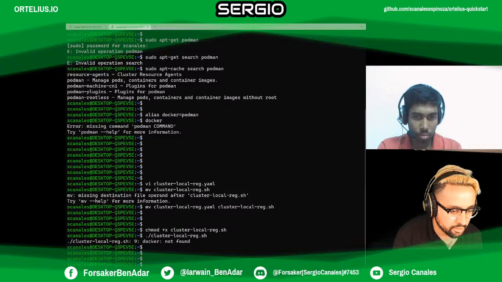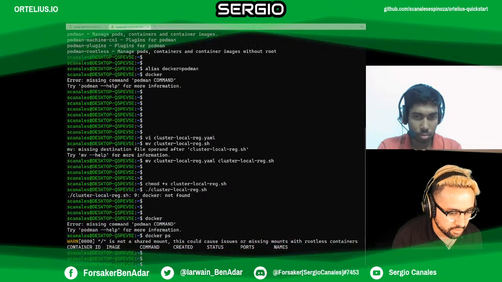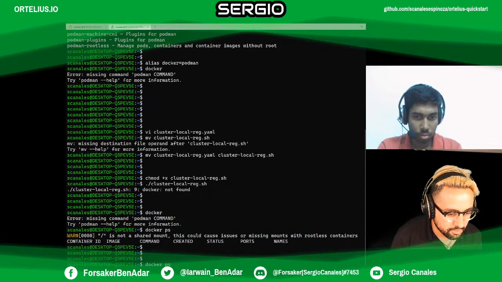Why does it say it's not docker? I have my alias. I think it's because my alias is not in context. So I'm missing the podman command. Right now it doesn't know it in this script, so I can change my script.